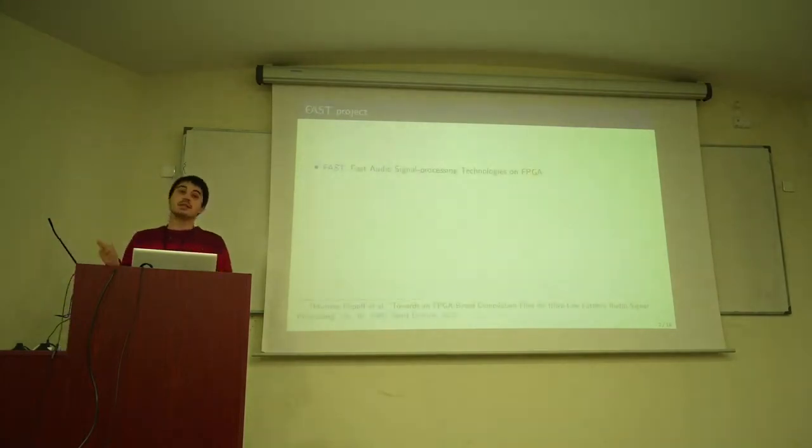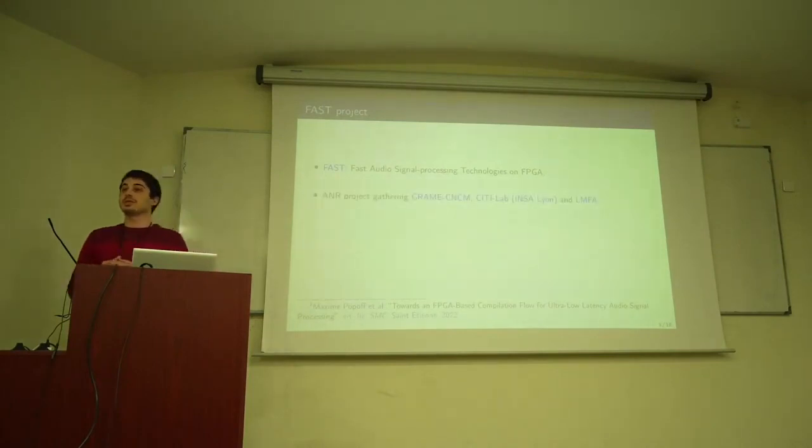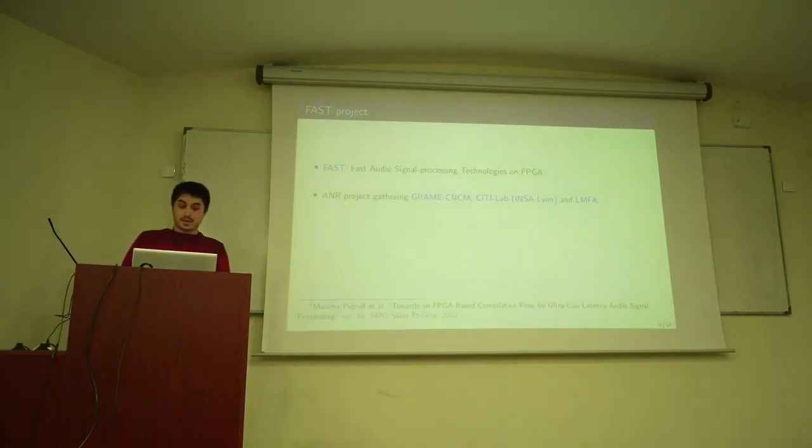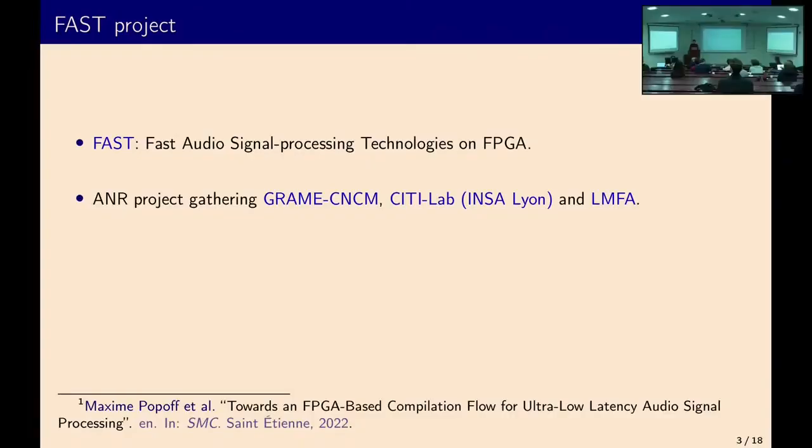So this study and actually my PhD are part of the FAST project, which is a national research project gathering the GRAM, the City Lab, and the LMFA, my laboratory. In the context of this project, the City Lab and the GRAM developed a toolchain called the CFALA toolchain, and it allows us to compile a Faust code in order to use it on the FPGA platform. So the idea is to use this CFALA toolchain